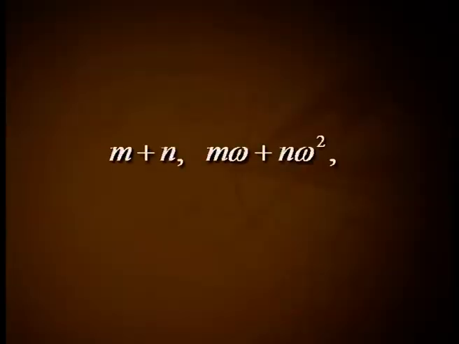Thus, if n, nω, nω² are the 3 values of q^(1/3), where n is a cube root of q and ω is one of the imaginary cube roots of unity, we have to choose those pairs of cube roots of p and q such that the product of each pair is rational. Hence, the 3 admissible roots of equation 8 are m + n, mω + nω², mω² + nω.